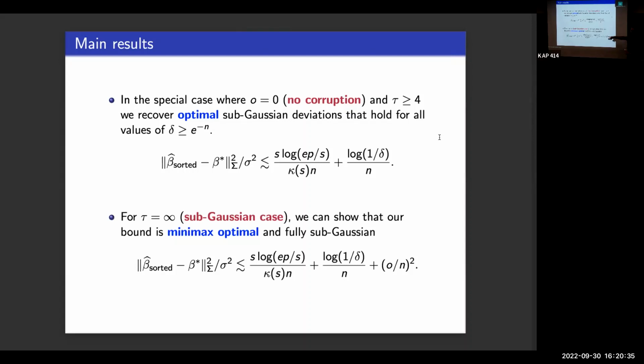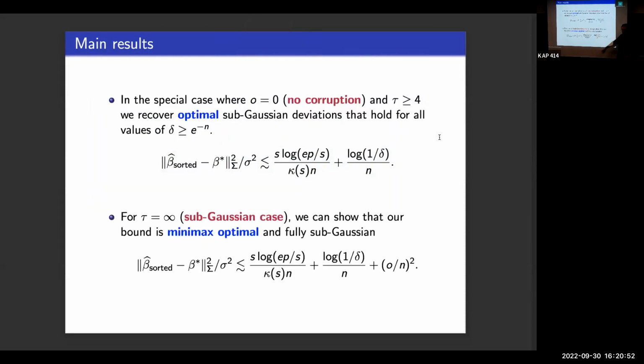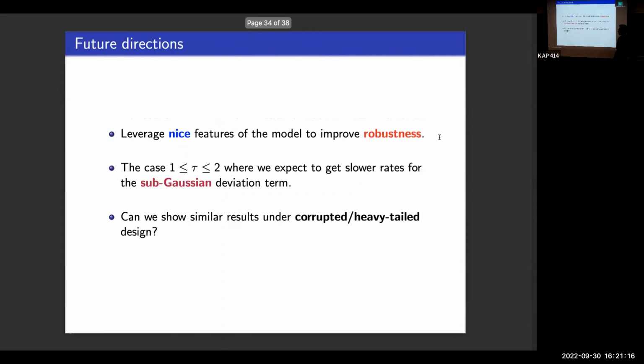The other one is if tau is infinite, the sub-Gaussian case, you recover exactly what Dalalyan and Thompson had, which is the optimal dependence. Remember the problem here was the factor 4 instead of 2, but as tau goes to infinity, this just disappears. So you're still optimal for sub-Gaussian. We recover what Dalalyan and Thompson did, but now we have a full sub-Gaussian behavior, true for any delta. It's not even for a fixed one. Which probably is more intuitive here, because if your noise is sub-Gaussian and your design is sub-Gaussian, you probably expect a full sub-Gaussian behavior. This is, in my opinion, less intuitive, let's say.